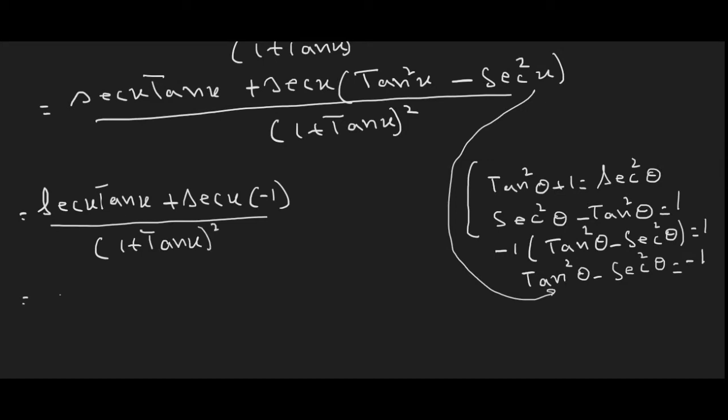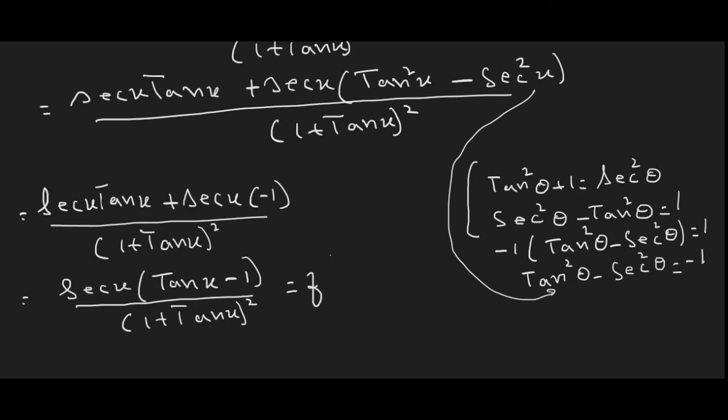So secant x tangent x minus 1 whole divided by 1 plus tangent x whole square, which is our first derivative, f dash of x. Answer. Number 4,